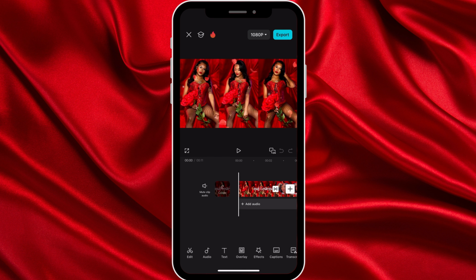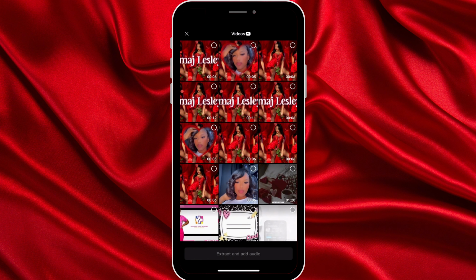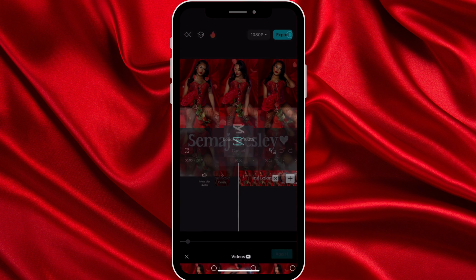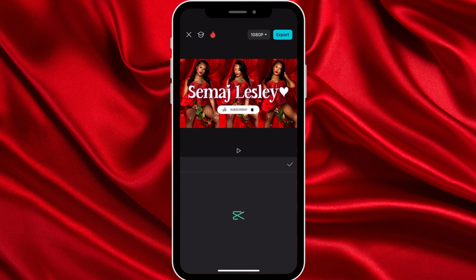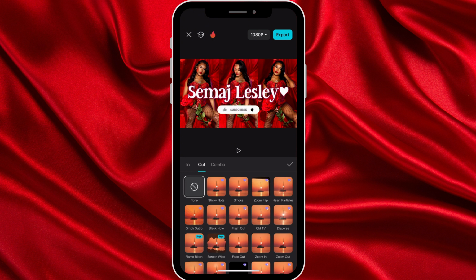Then from there, we're going to add a song. So you're going to click where it says plus add audio, and there's plenty of different options, but I just clicked on extract and I added a song from the intro I previously made into it, and it looks something like this. From there, you can click on the last slide and click on animation, click on out, and there's